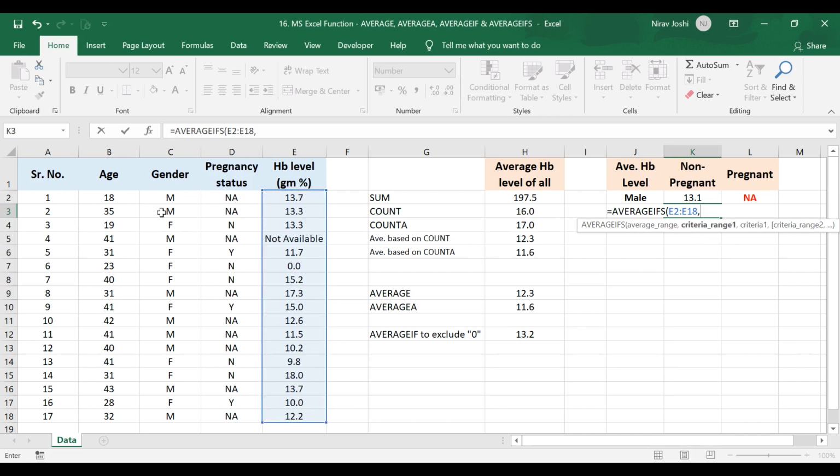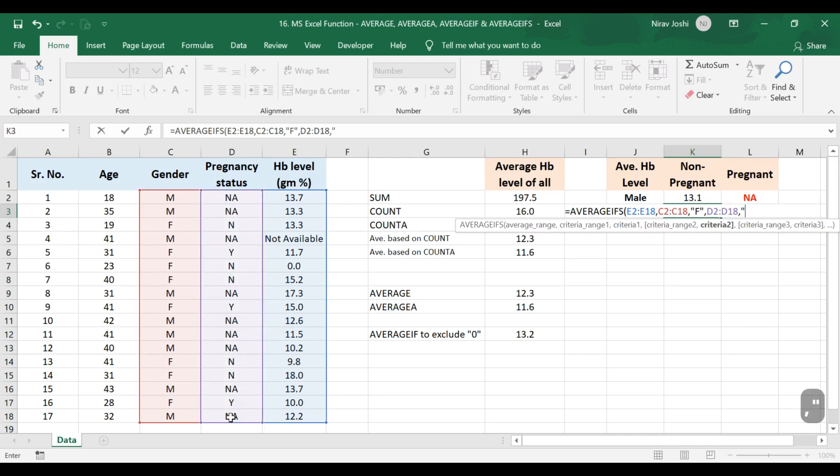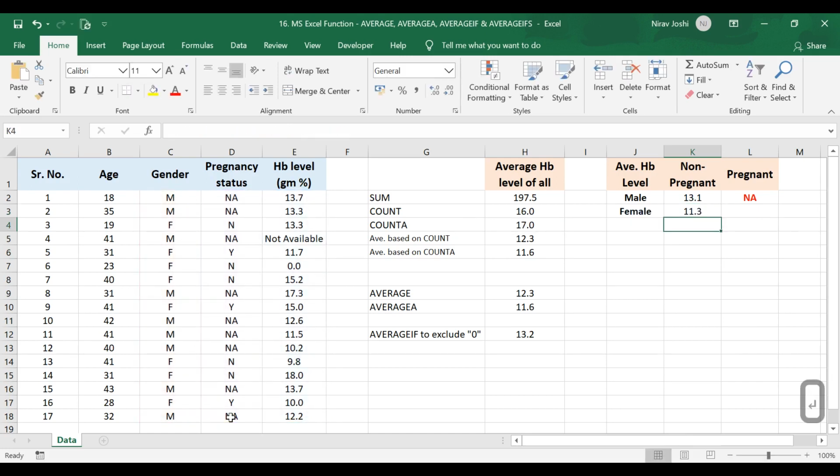Then we need to provide the range for criteria, where we provide female as the criteria, and in the second range we need to provide the second criteria, where we will say that the female should not be pregnant. By pressing enter it will calculate the average based on these two criteria.